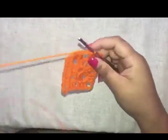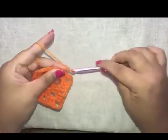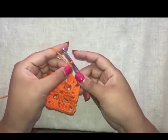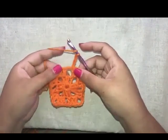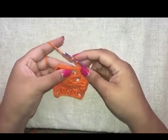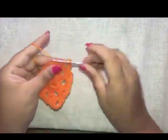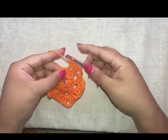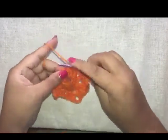Okay, so for round 3, we're going to start the same way as we did round 2, and that's with a chain of 4. The first 3 is our first double crochet, and then our chain 1 space, and then since we already have the space here, we don't have to skip anything. We're going to double crochet once in each of the next 3 double crochets. So it's 1, 2, and 3, and then into the chain 3 corner space, same as before,